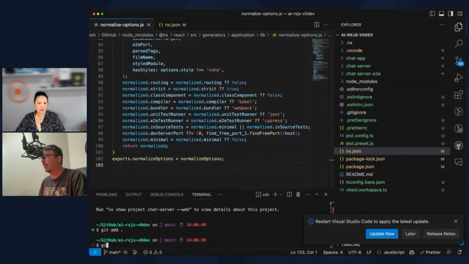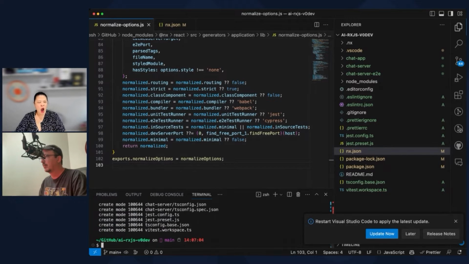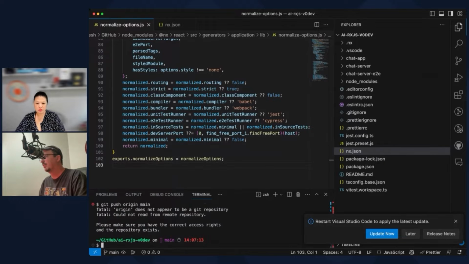Git add. Git push origin main. Sure, there we just push it up. Fatal. Oh, we don't have a git remote. We have to add that. git remote add origin.